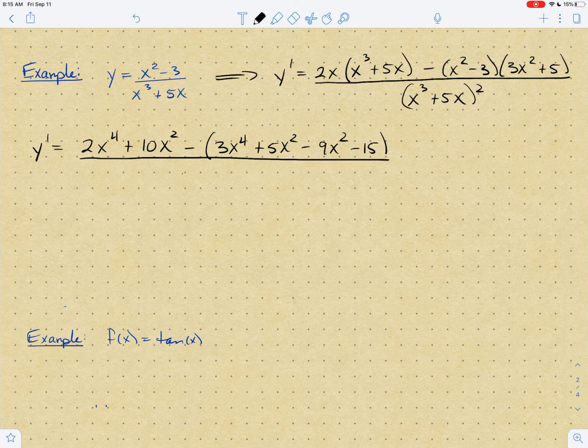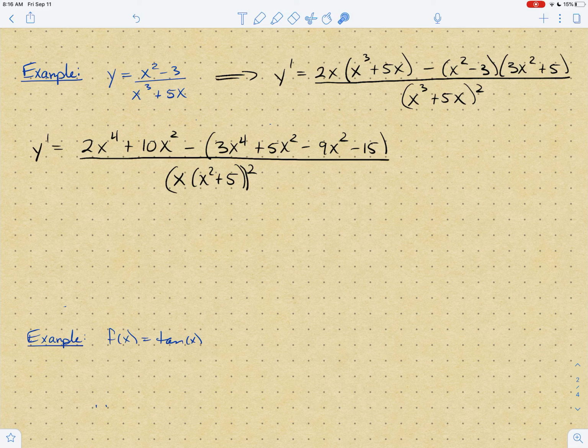I'm going to write this as x times x squared plus 5, all squared. Right? I can pop an x out and write it like that. And the whole thing, I should put another parenthesis here. The whole thing is being squared. There we go. Okay, so next line, I'm going to push this negative through,